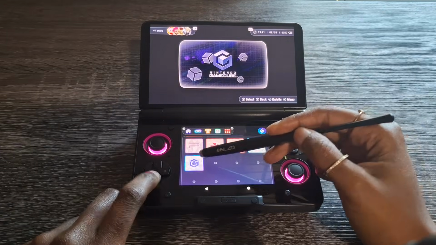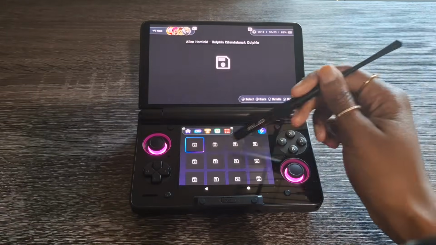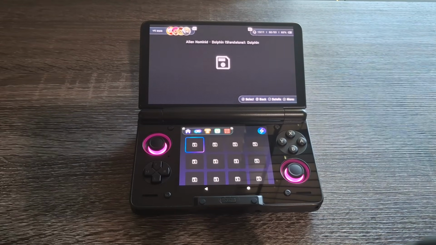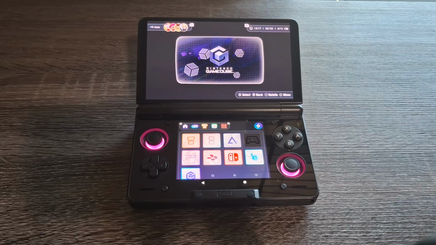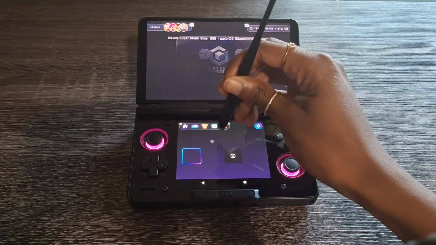That's going to add it to the bottom of our list right here, and as you go in, nothing is scraped yet, so you'll have to go through the process that we went through before whenever you add a new console. Now I've added a new game to my DS folder, but if I go in there, it does not appear